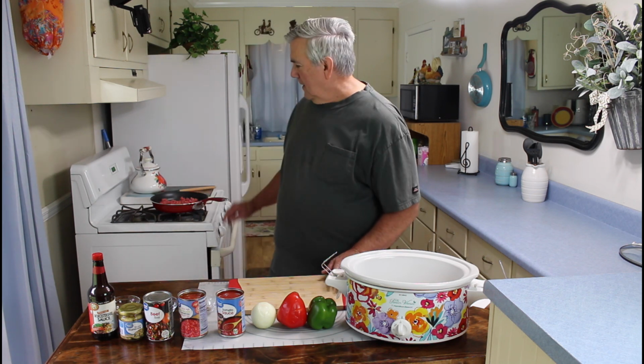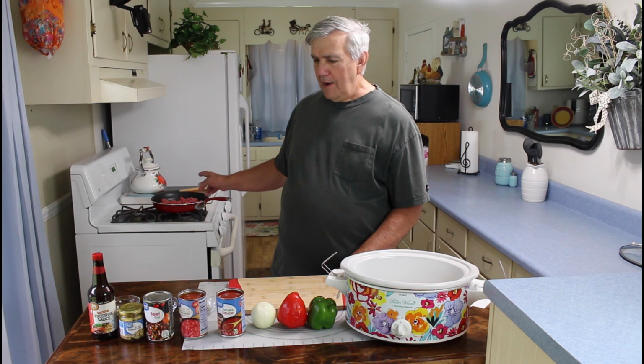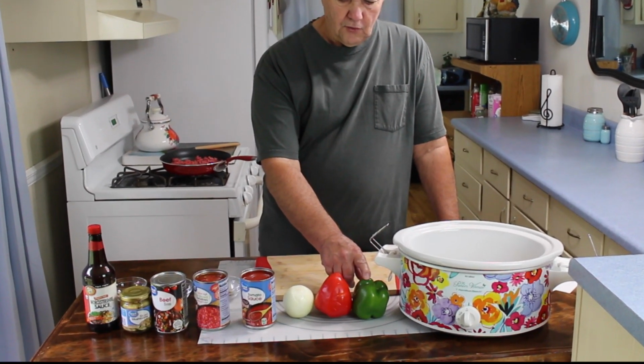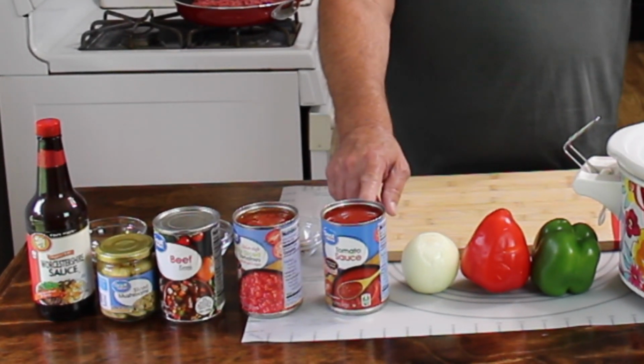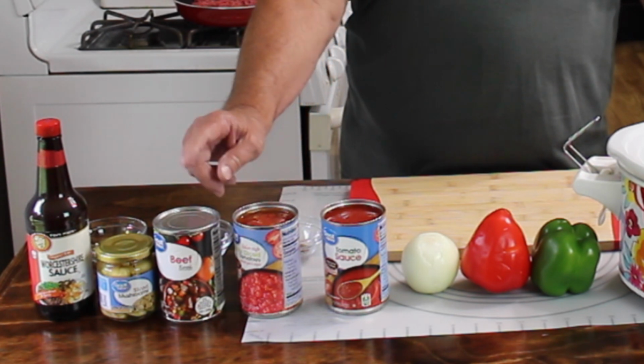We are going to be cooking it in the crock pot. I've got 1 pound of hamburger meat over here in the skillet. I'll be browning it up in just a few minutes. We're going to put 1 green pepper, 1 red pepper, 1 onion, 1 can of tomato sauce, 1 can of diced tomatoes, 1 can of